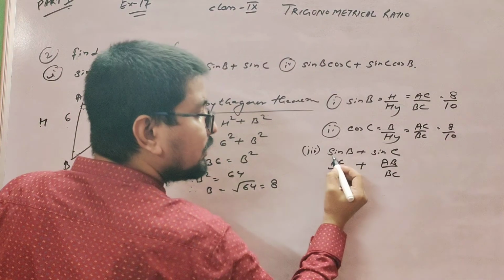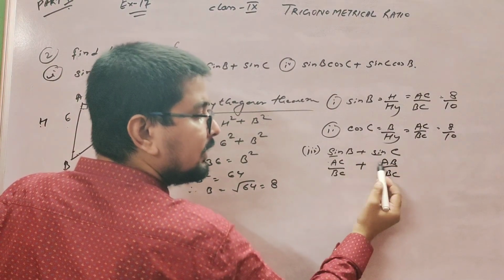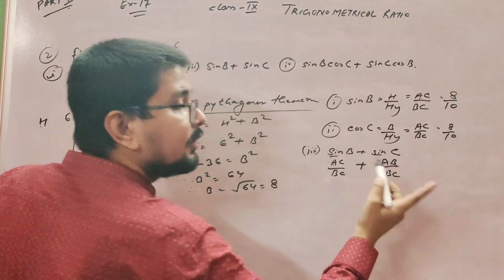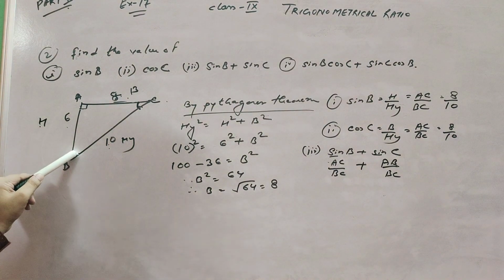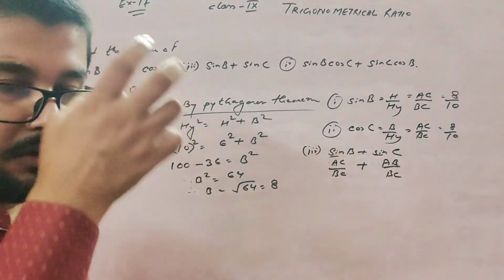So you see both questions are about sine, but here the angle is totally different. Here it is AC, here it is AB. Why? Because the angle is changing. One time this is the angle and the second time this is the angle. So that's why the answer also came out different.